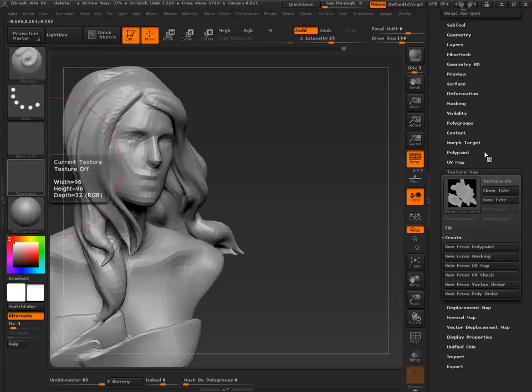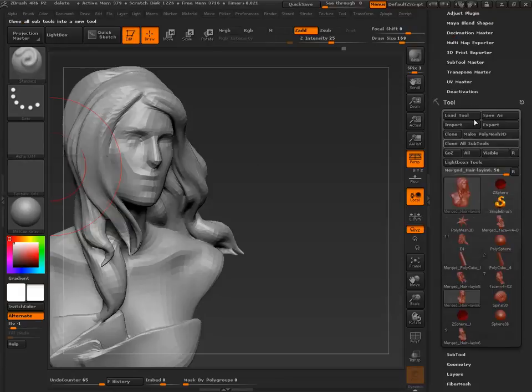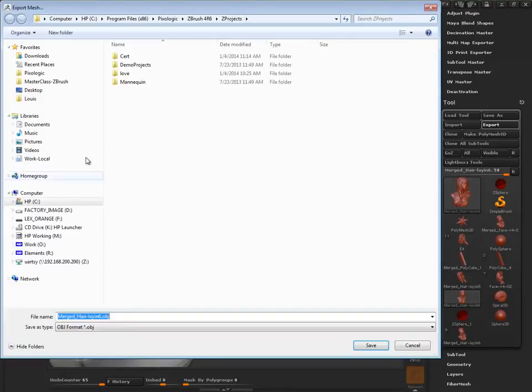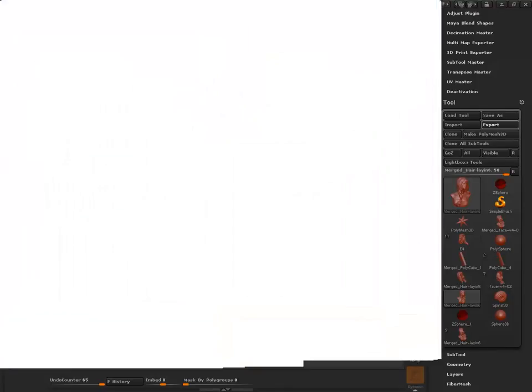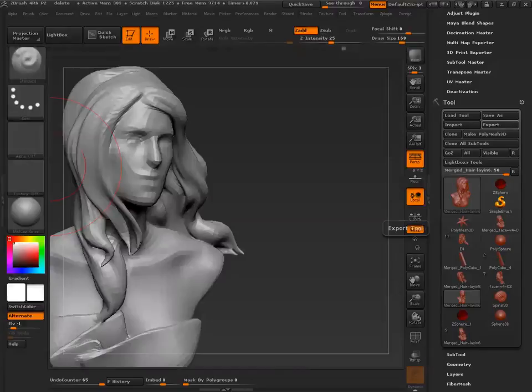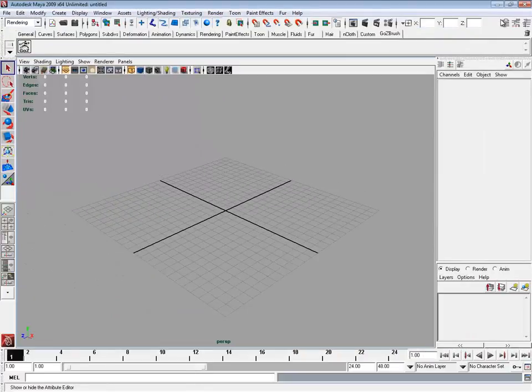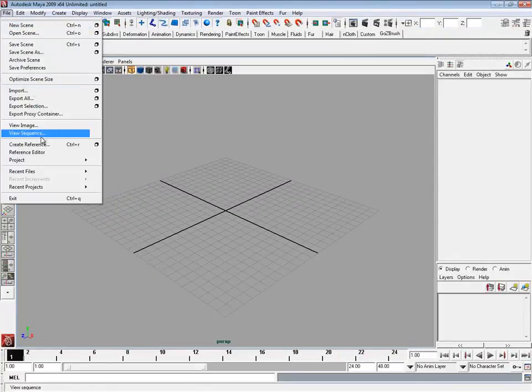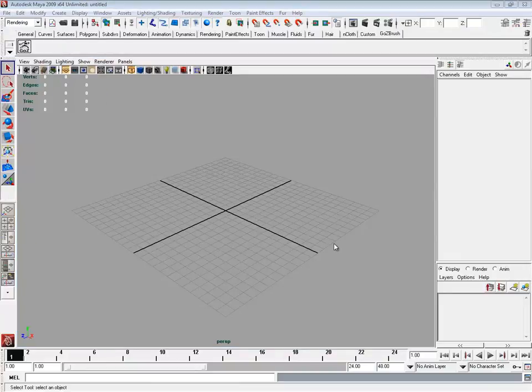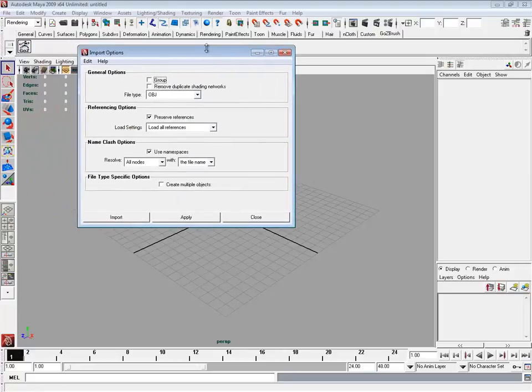So let's take this model. We're going to export it. I'm going to export it as an OBJ, delete. I'm going to go into Maya. Going to import. When I import, this is the older version of Maya.